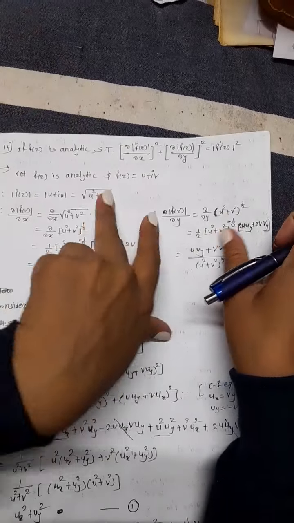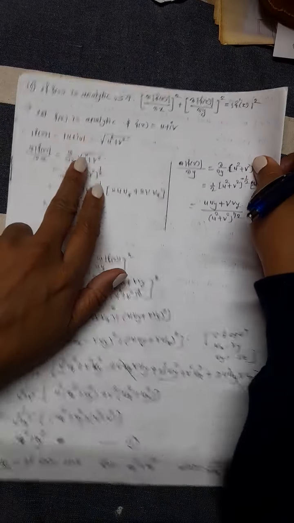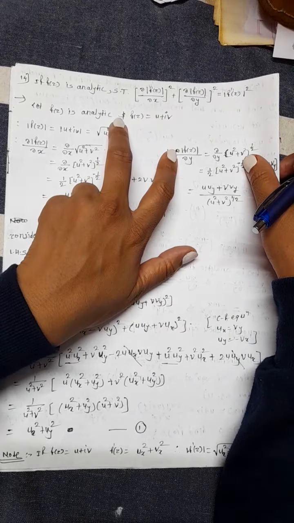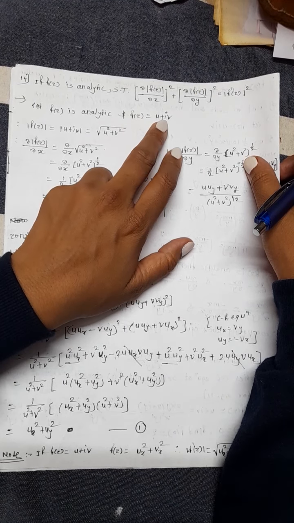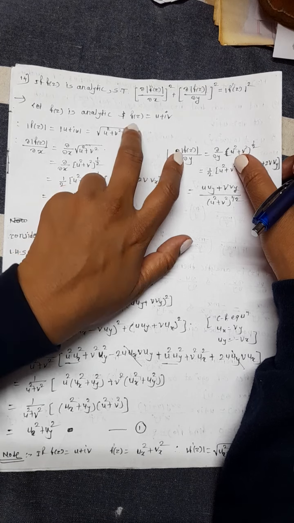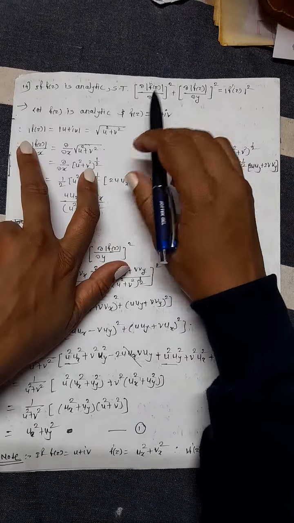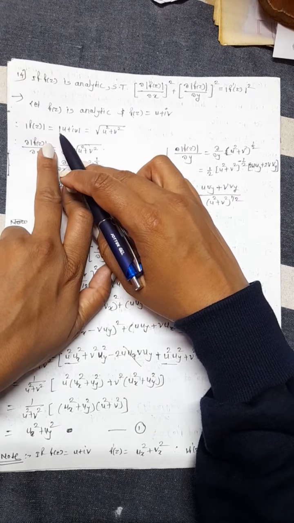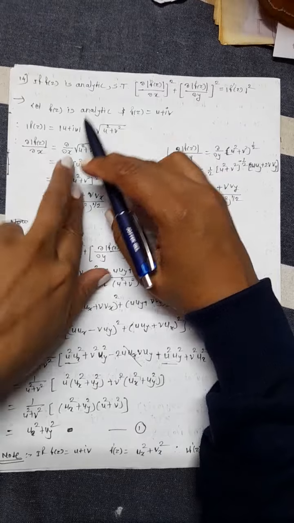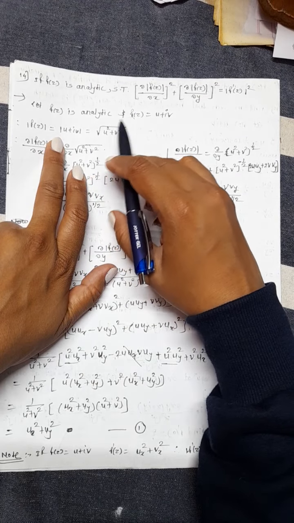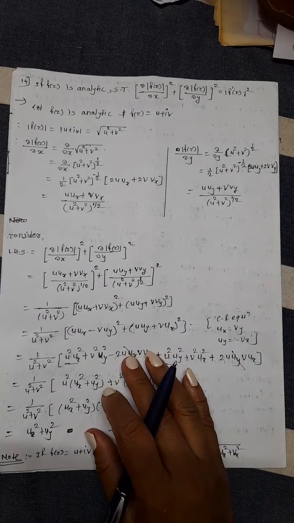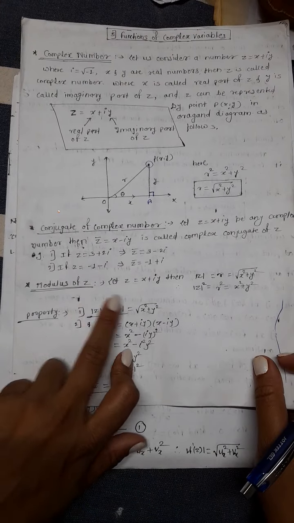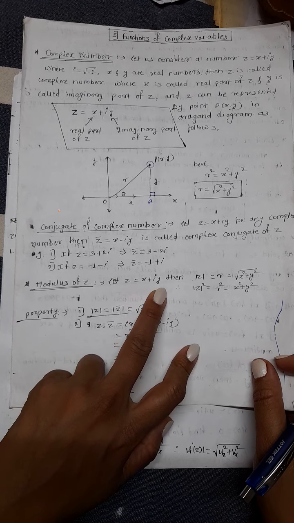Okay, let us start with the function. Let f of z be the analytic function. Analytic means it must satisfy the CR equation, and let f of z is equal to u plus iv. This is our basic assumption. Now we have to find the mod, so take mod of both sides. We get mod of f of z is equal to mod of u plus iv. We know at the beginning of this chapter what we mean by the modulus of any complex number z, if z is equal to x plus iy,